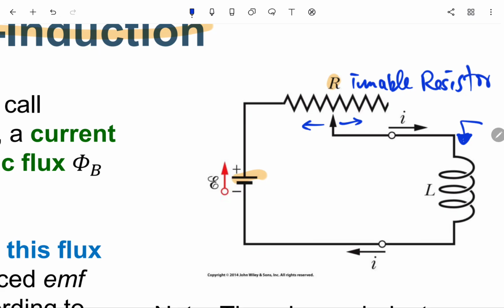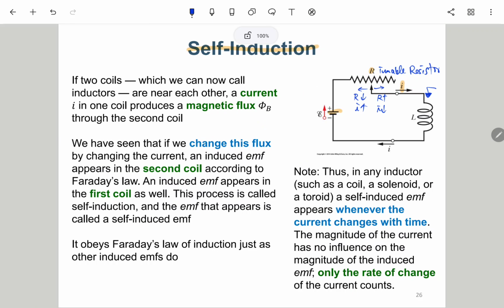In that case, if we want this I to be larger, then we move the tip to the left side, making the resistance smaller. So in this case R is smaller, and then I will be larger. If it is to the right side, R will be larger, and then I will be smaller. So this tunable resistor is just to adjust the current. We have seen that if we can change the current, we can change the flux, because